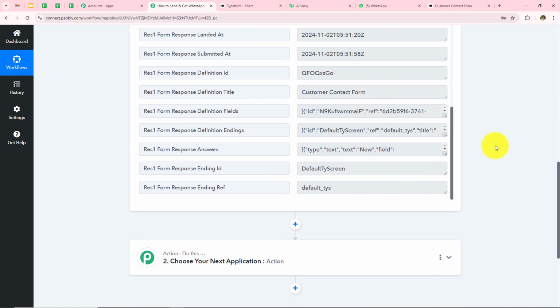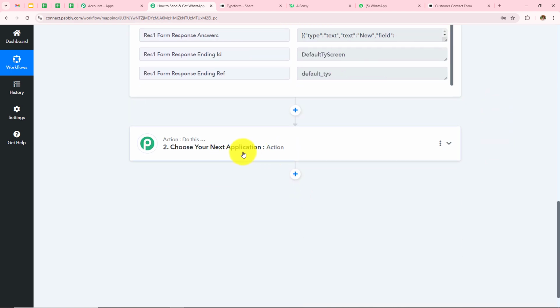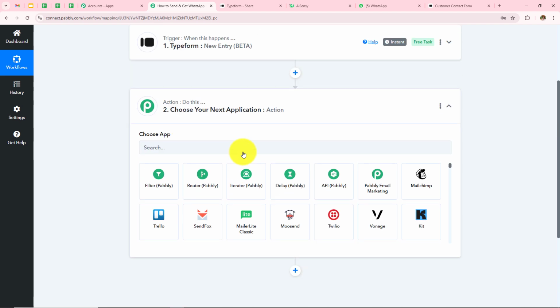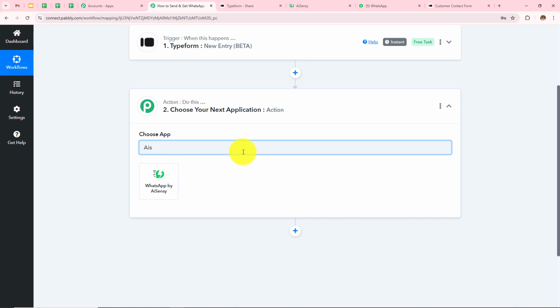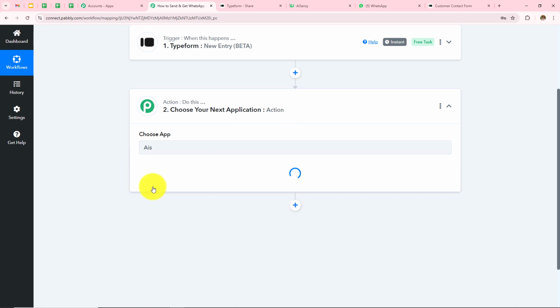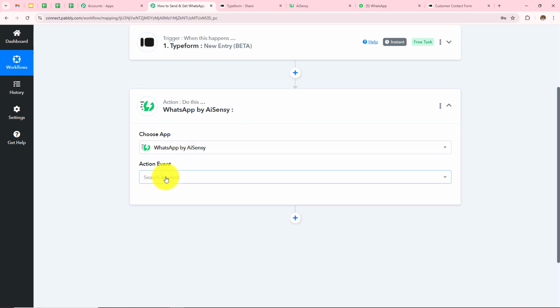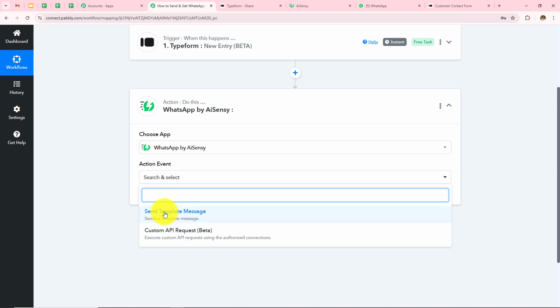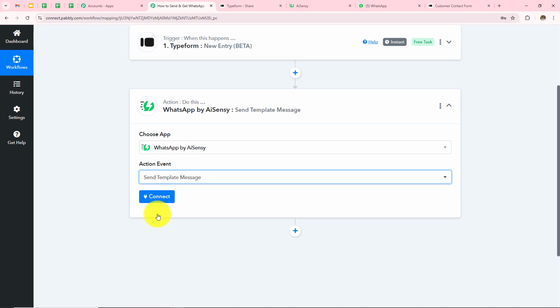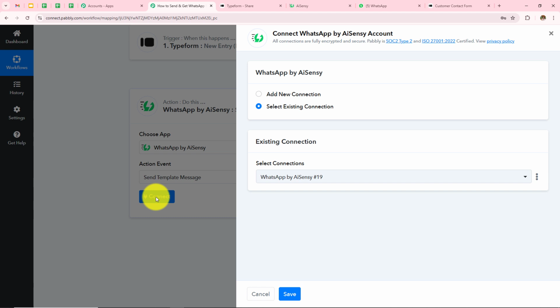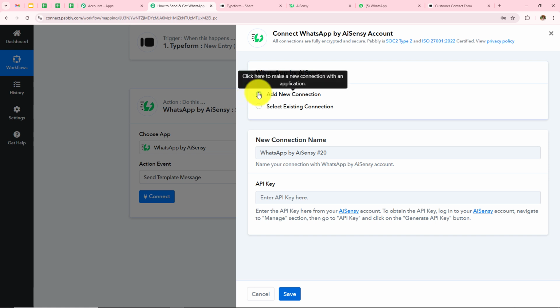in my Pabbly Connect. Now moving on to the next step, whenever I receive a new Typeform submission, I want to send a WhatsApp message to that new lead. So here in my action application, I am going to take this WhatsApp by AiSensy, and then in my action event, I am going to take this send template message and then click on this connect. So if you have an existing connection, you can go with save. If you don't have one, click on this add new connection, and then to make this connection we have to